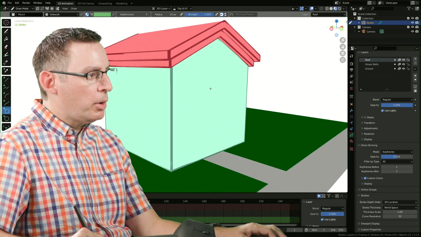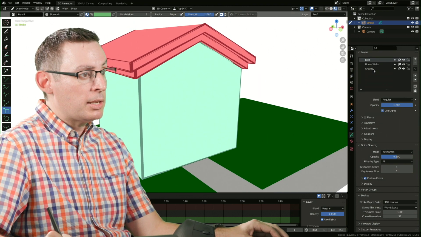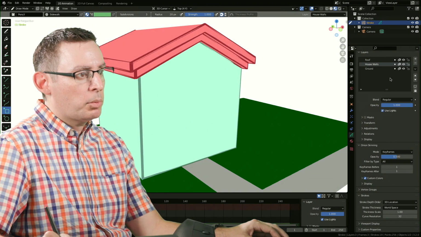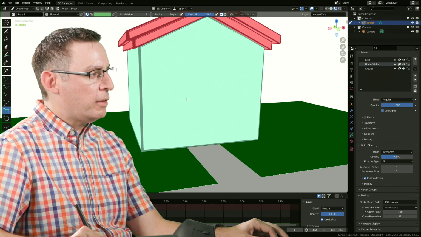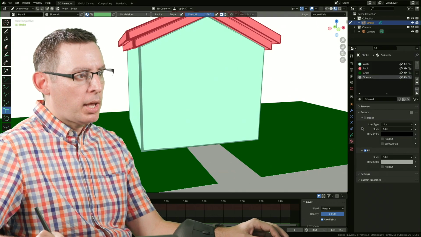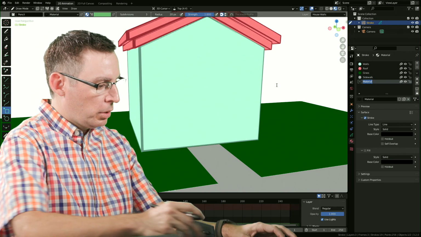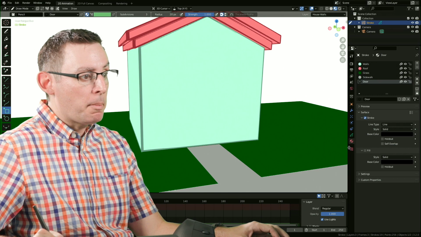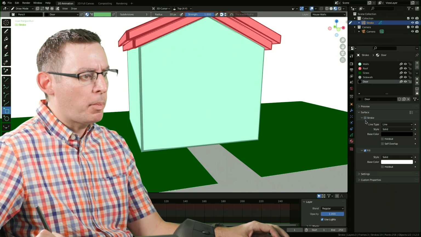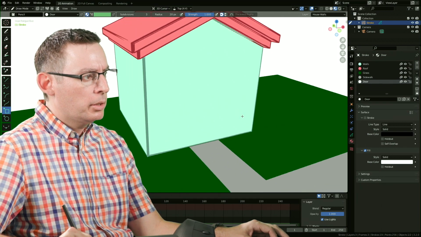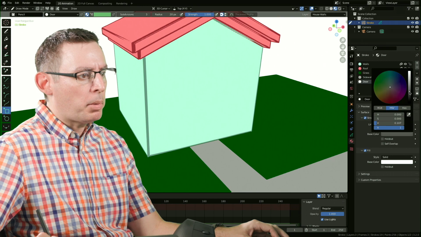Okay, I also want to start making a little doorway for this part as well. And I want to make sure that I create these on the correct animation layer. So I'm going to go over into my house walls animation layer. And once again, return to draw mode. I think for this guy, I'm also going to have a new material. And let's call this one door. And I think I'm just going to make it white. I'm not even sure if I'm going to have an outline on it. I can always go back in and turn it on later. Yeah, actually, I will have a little bit of a stroke. Just maybe not all the way black.